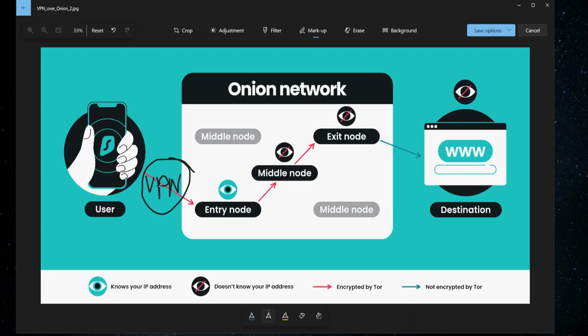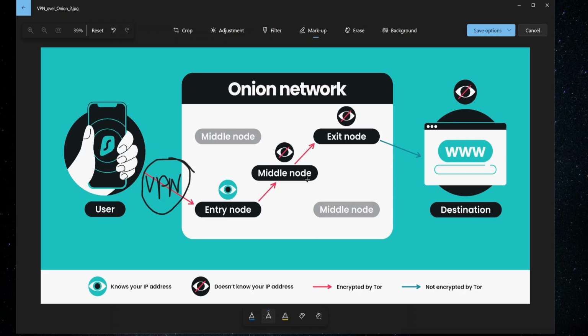Now with the VPN here, it means that nobody can even see the fact that you're connecting to the Tor network, which means that if you live somewhere where the Tor network is banned, like a country with censorship on their internet like Iran or China, or even if you're just in school or some kind of network like that where Tor is blocked, using a VPN first will hide the fact that you